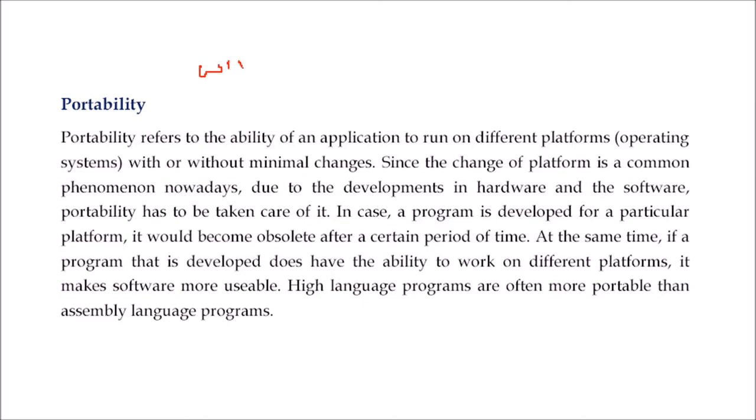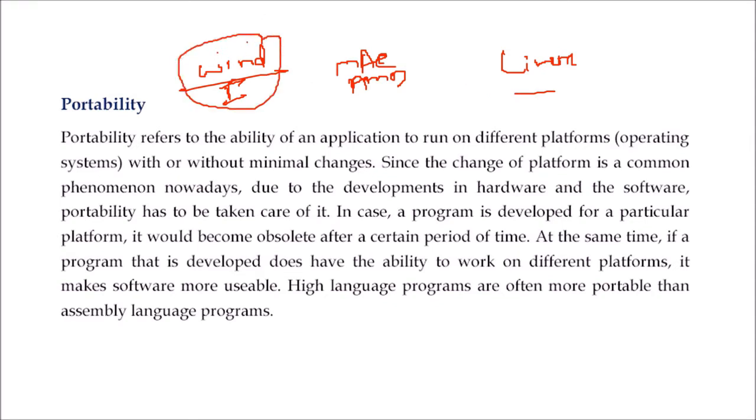There are Windows systems. There are Mac systems. There are, say, Linux, not a system but an operating system, and say this is working on an Intel Pentium, or this is working on a Xeon, this is working on some AMD processor, some processor, I'm just taking random. Now your program, you have checked it very well for Windows, you have put in so much effort in testing, but your program is not going to work on a Mac or Linux.